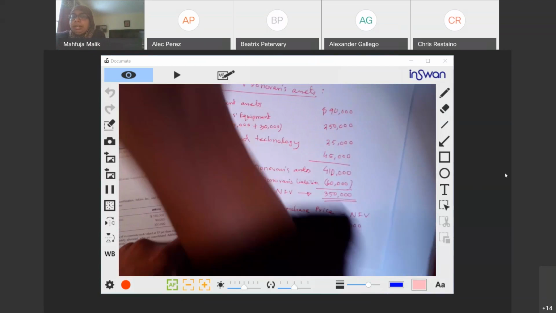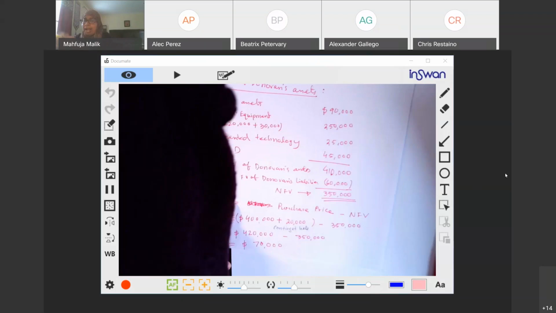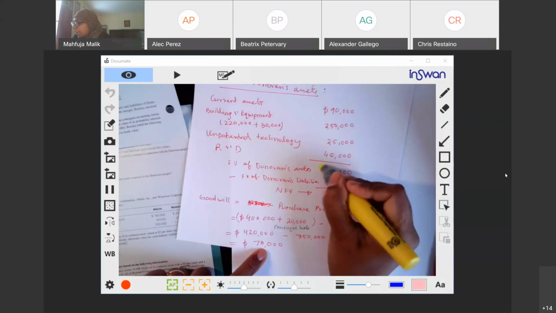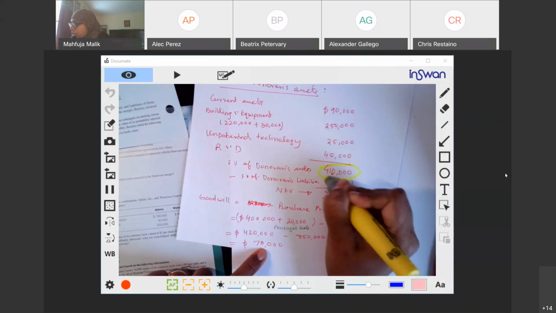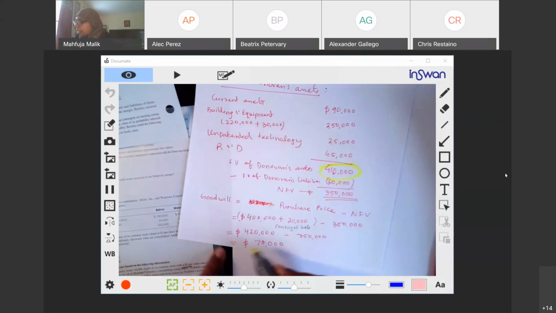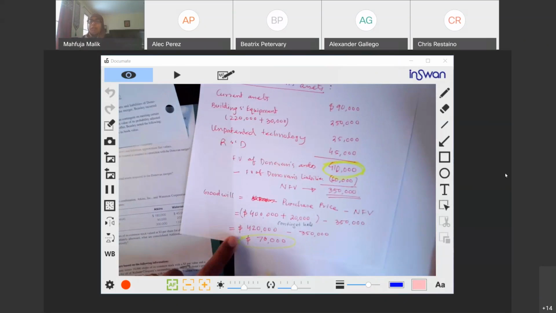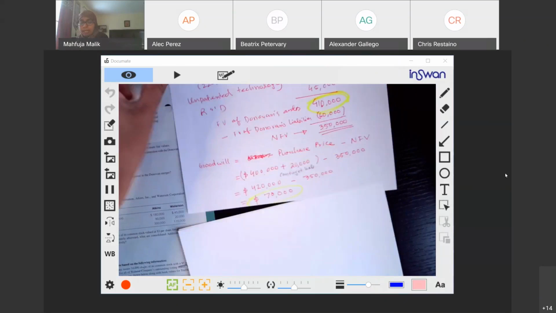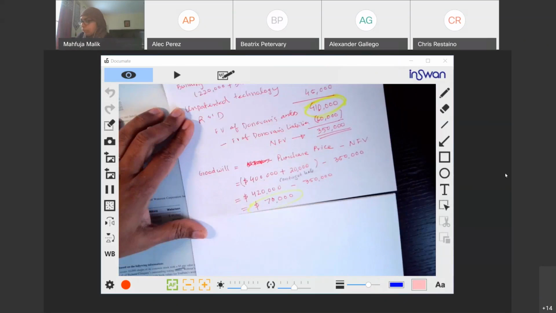Let me show it here. So the total asset acquired from this acquisition is this: the fair value of all Donovan's assets plus the goodwill. So now, if I ask you to do the actual question, it's the total asset recorded